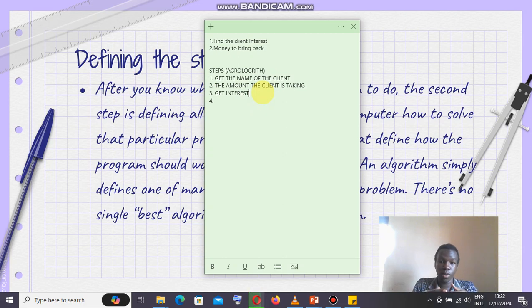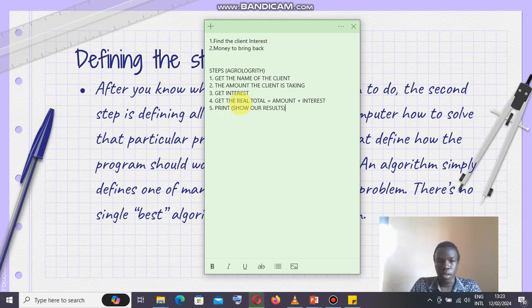So we haven't yet written our program, because to write a program you need a language, a programming language. So we are going to go to that step. So the fourth step we need in writing our program here is to get the real money, the real total. So the real total here, you can even write a formula equals amount plus the interest. So then the fifth step is we want to print or show our results.